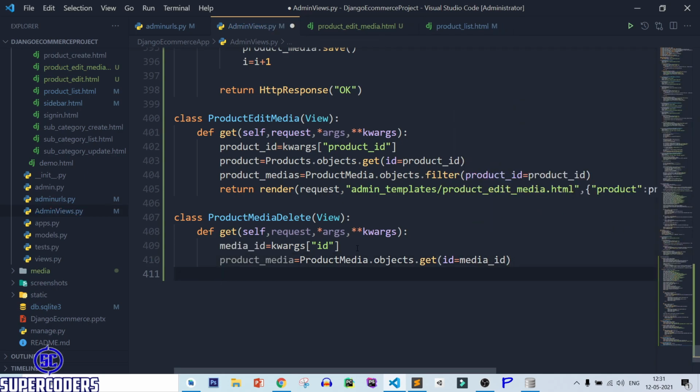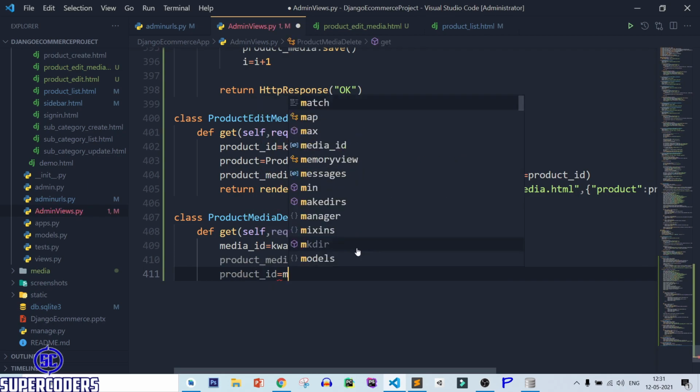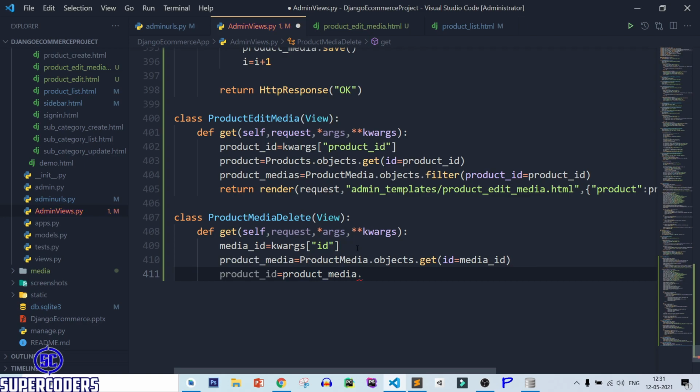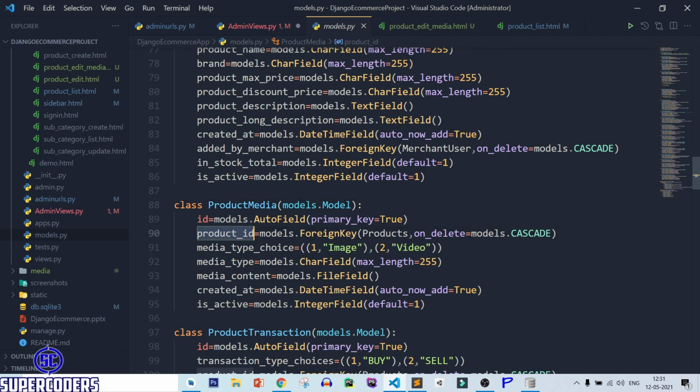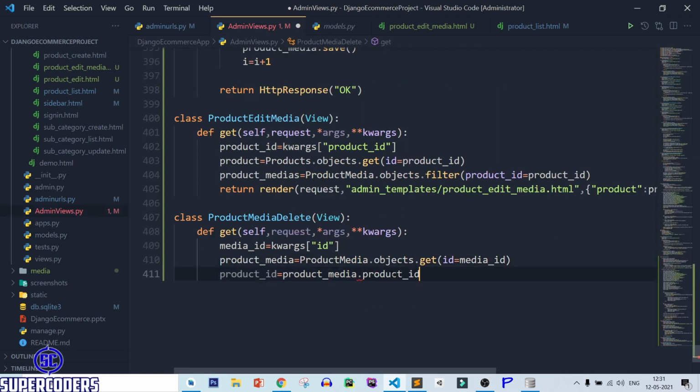After that, let's access the id. So product underscore id equal to product media dot product id dot id.